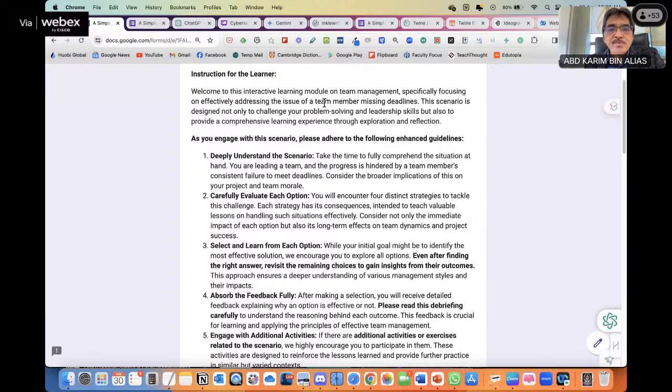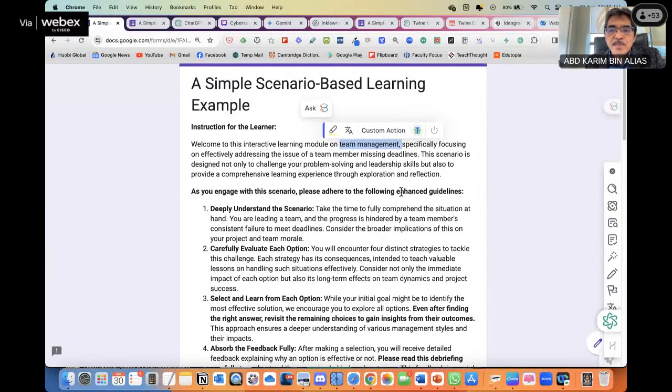So, welcome to this interactive learning module on team management. This is the theme of this particular example. Specifically, what exactly the scenario is, and what exactly students will learn from this. So you have to modify this part for your own scenario.